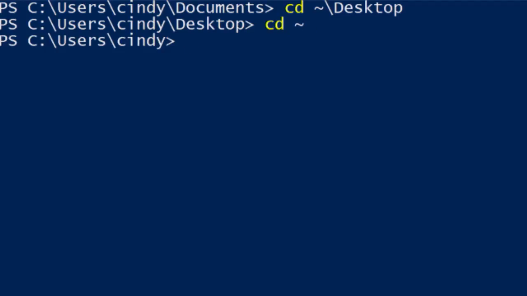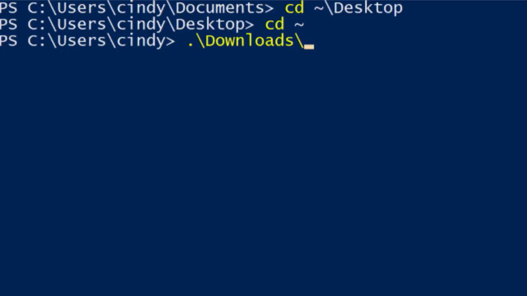Let's use the tab completion to get to our desktop from our home directory. If I type D and then tab, the first file or directory starting with D will now complete. Now, if this isn't the file or directory that I was looking for, I can continue to press tab and the path will rotate through all the options that complete the name that I started to type. So I'll see desktop, and then documents, and then downloads. Take note that the dot in front of the path of ./desktop just means the current directory.